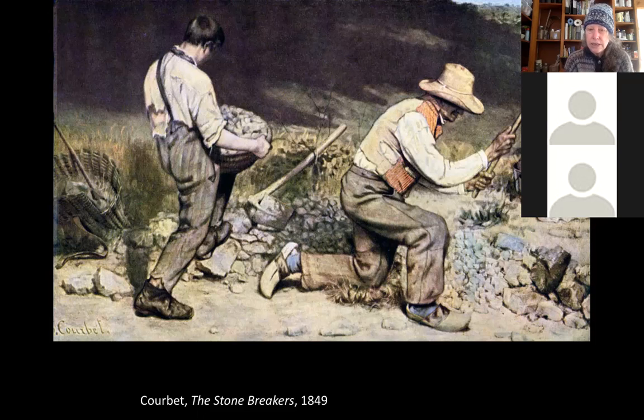This painting doesn't exist anymore, but fortunately a color photograph of it was made before it was destroyed in World War II. The Nazis tried to steal it, and while they were stealing it, the Allies bombed their trucks, and so the painting disappeared. But fortunately, a photograph was made. So there's a lot of things about this painting that are weird for the time, for the mid-19th century. One is that it just shows ordinary people doing a very ordinary thing, that is building a road.